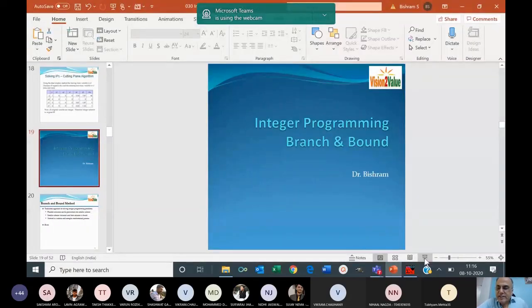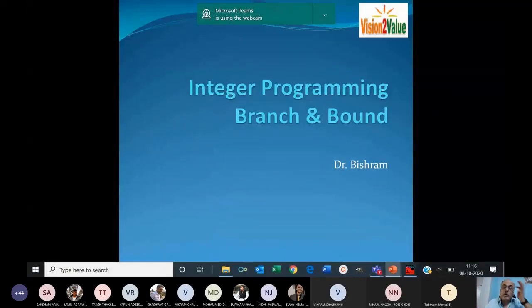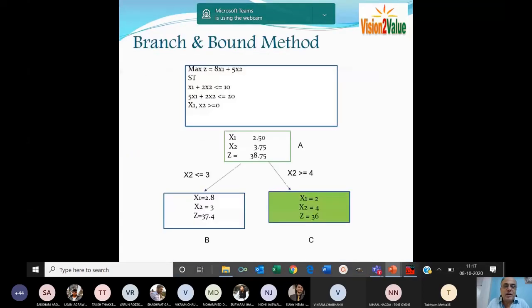So let's go ahead with branch and bound. We had just discussed the Gomory cutting plane method. Now the next method is branch and bound, as we call it. It's more of a trial and error method. Even here we start with an LP solution given, and we start with the solution of